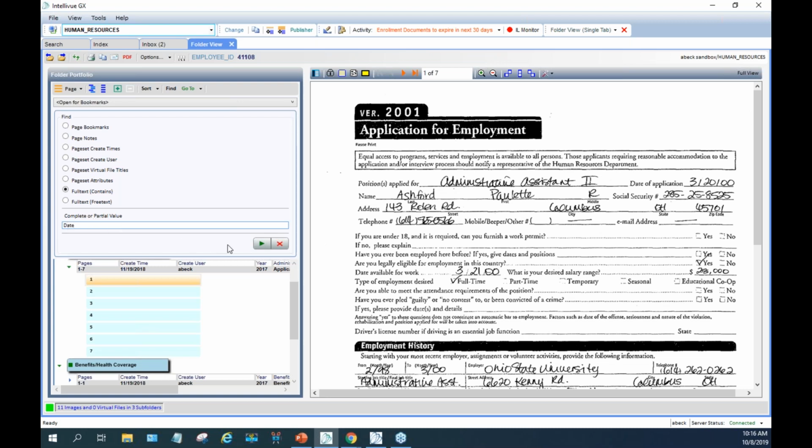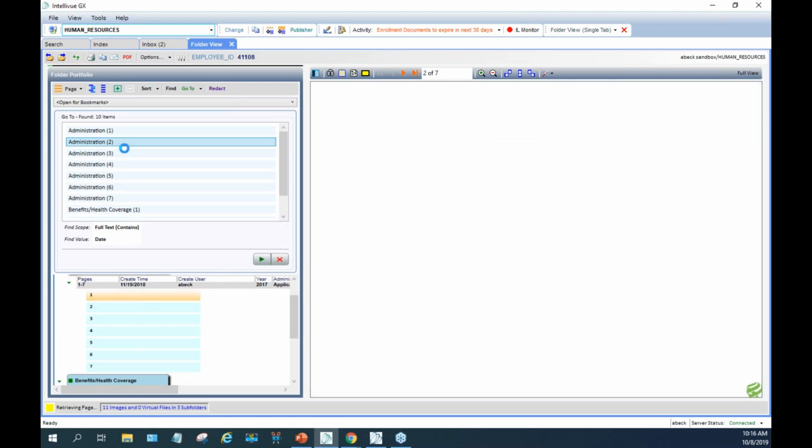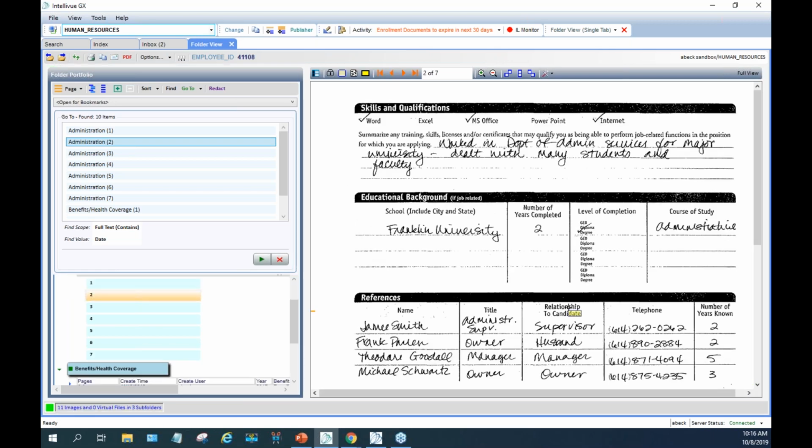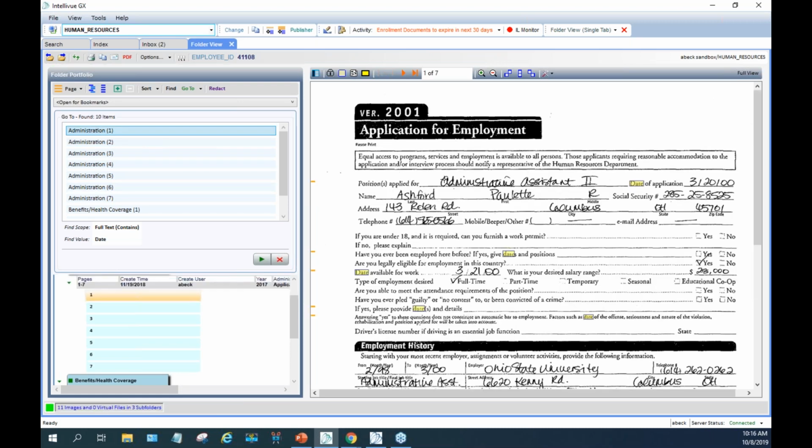So once I have my criteria in here, I will click on my green run button, and this is going to show me all of the values found. So I could click on one just to see my highlighted example. So here it found date. So anything that you find specific, in this scenario, it will redact, even though this is part of a fuller word, it would redact this little highlighted area. Let's go to this first one. So here we've got the word date selected. If you found a name, it would highlight the full name. So once you have that highlight,